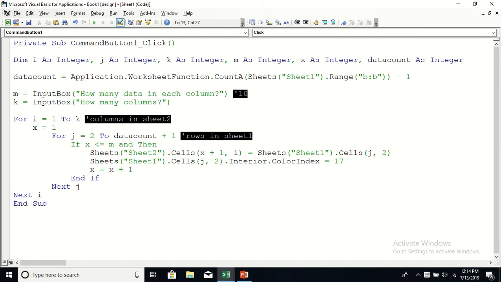the color, right, interior pattern, so if sheet 1, let us copy this thing. If the interior pattern of the cells in column 2 of sheet 1 is already filled, okay, because every time it will fill it with a color index of 17. So if this is filled, it will not work, but if this is not filled, only then you